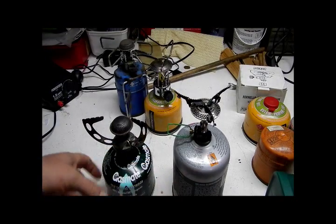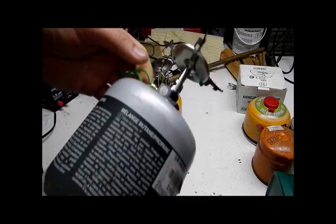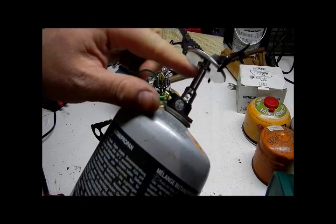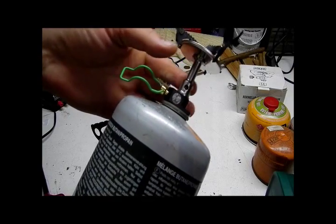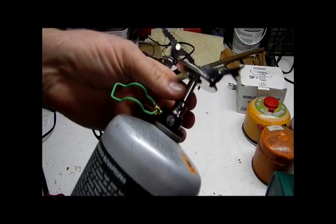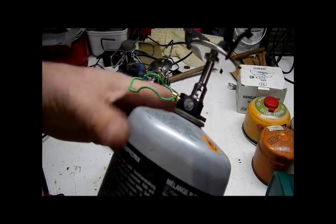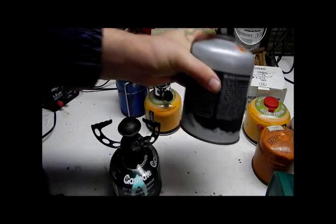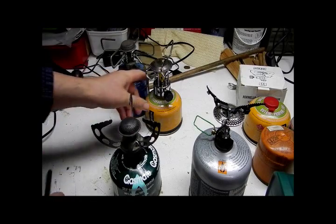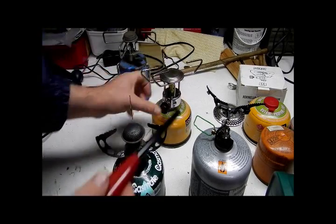So to just do a final, I'm pretty happy with that stove. Just a bit of a quick review on it. It's very small. They make a model that folds, but I didn't get it because it was more expensive, and I just see it as an extra liability when I'm out in the middle of nowhere, that it could break. I probably won't. It's very well made, but that's even lighter than the folding one, so save on grams too. So just to do a quick comparison of, say, these three stoves,